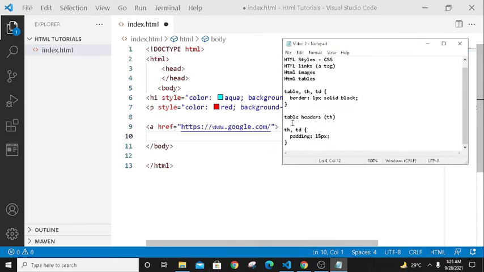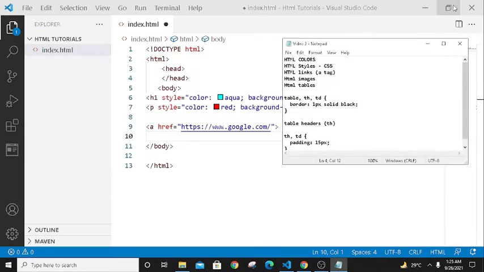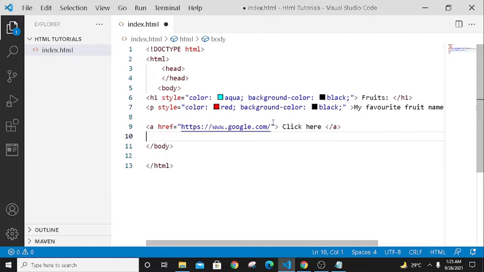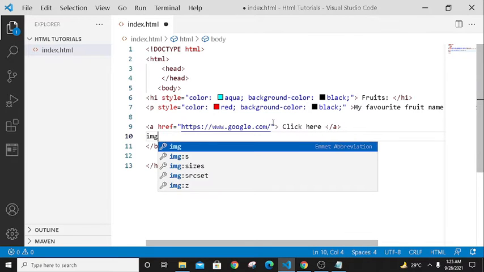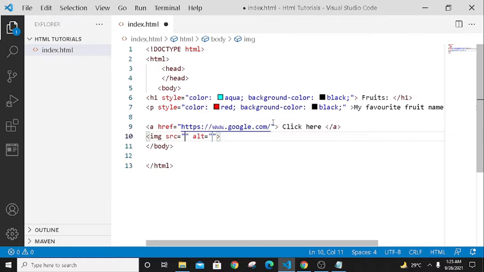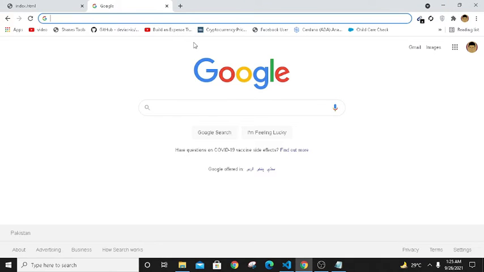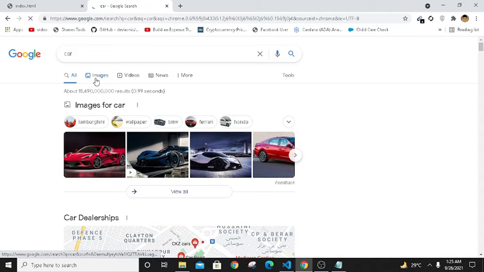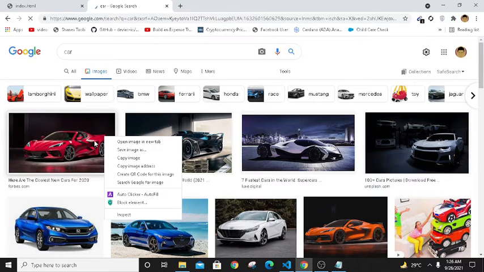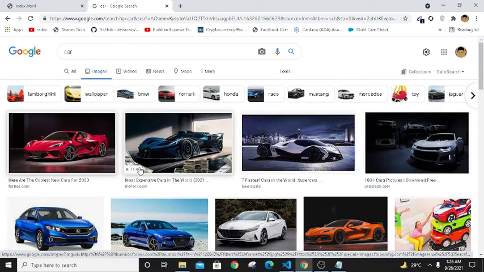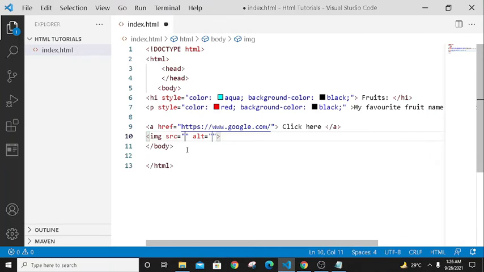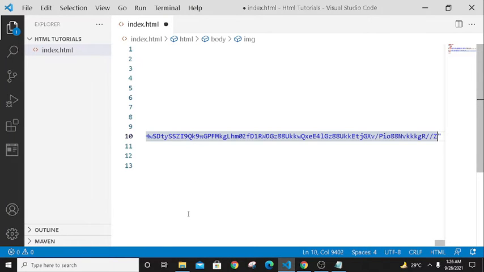Now there are images. If you want to use images in your website, there is a simple tag called img, and in src you can give the source of your image. Like I want to use a car image. So I will simply copy the image address and paste it.